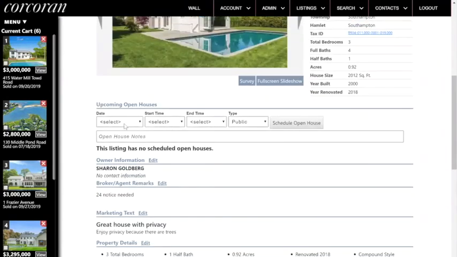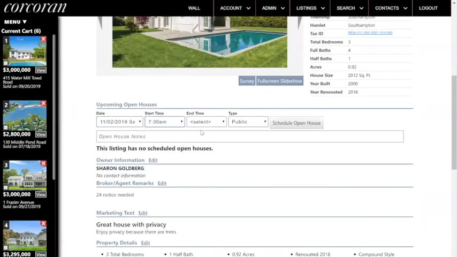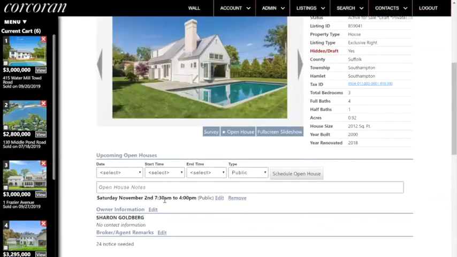We do have an open house section. To do that, you'll simply go ahead, select your date range, your start and end time, and click Schedule Open House. And that'll appear on your listing. Also, again, this is not connected currently to the Corcoran website, so you will need to check and tell your